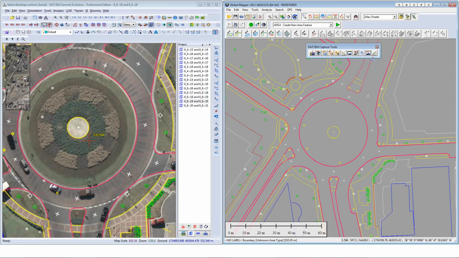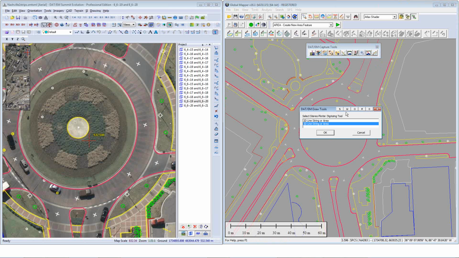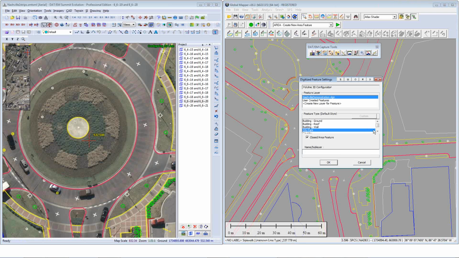And then I can also begin to draw an object, and I'll just pick an area, and I need to choose a layer for that. And I just have the default settings right here for Global Mapper,